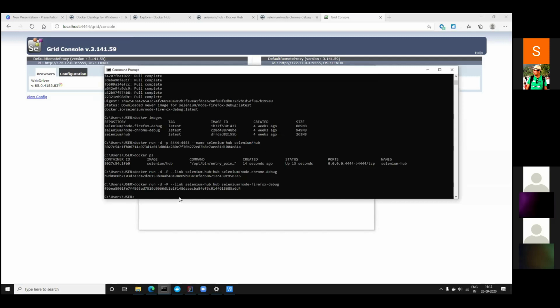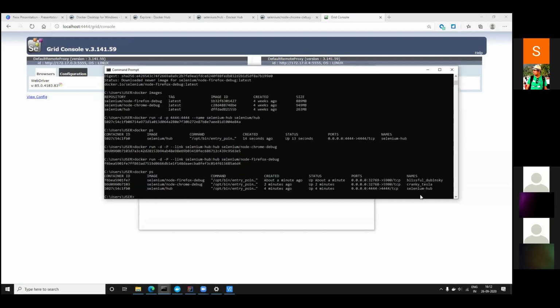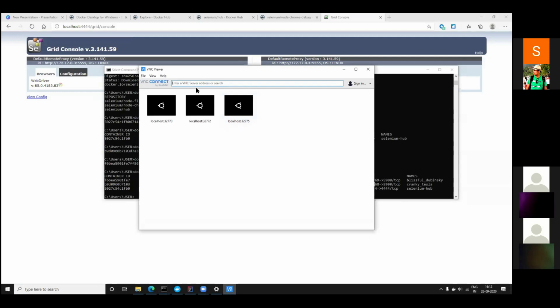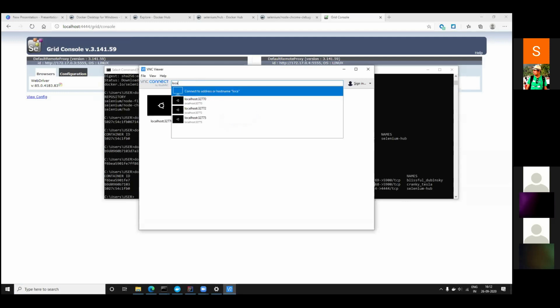Let's list all the containers with docker ps. The Chrome one has port number 32768. Localhost 32768.